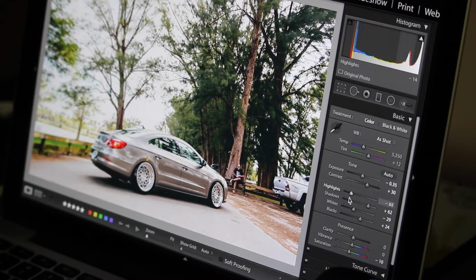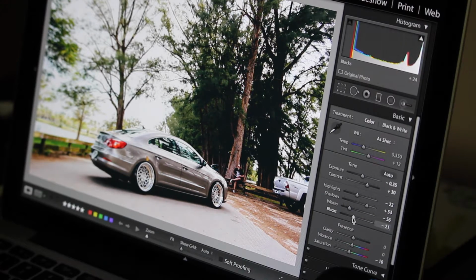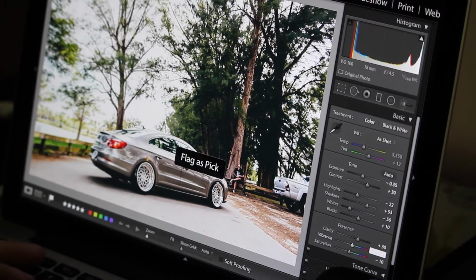Highlights. Let's see. Let's keep the highlights below 0. The shadows. Let's keep the shadows at like 53. It's okay. The whites. Bring down the whites a bit. And then the blacks. Let's not crash the blacks so much. And the clarity. Let's bring it up to 30. And then the vibrance down to